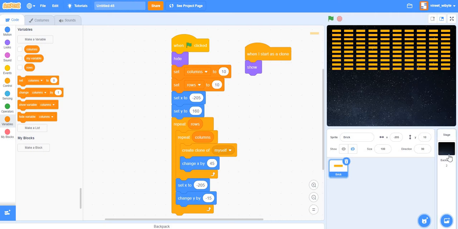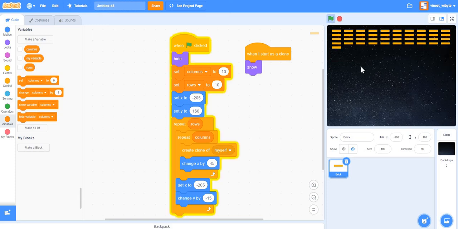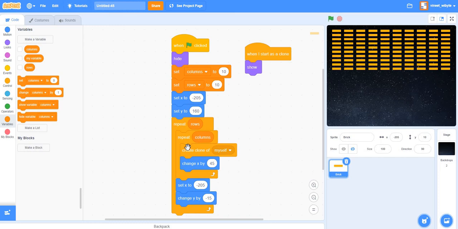What I've done here is to take a dark backdrop and a very bright sprite that I created so that it creates a contrast. Now I have got here a piece of code where the crux is I have two loops, repeat columns, repeat rows. So I'm setting these in 10 rows and 10 columns. Basically, if I run this code, I draw row by row 10 rows. So the inner loop here draws sprites in a row, and the outer loop here, which is repeat rows, is drawing out the 10 rows, right? And in between, of course, I must reset the X and I must change the Y, right?